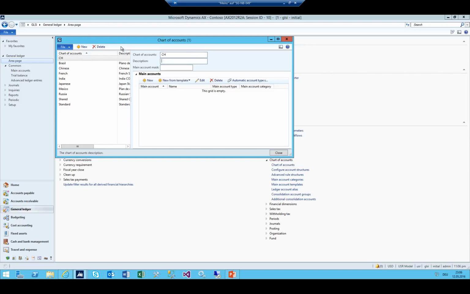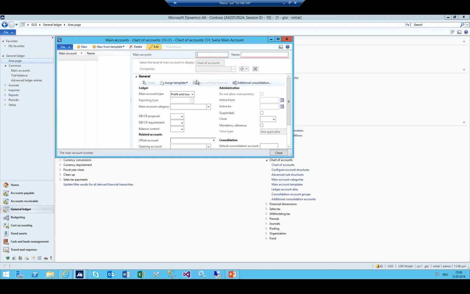Yeah, so the Swiss main account. Don't worry, I'm not going to create too many main accounts. I'm just going to create here a cash account, which is of course a balance sheet account. I'm going to create, let's say, one revenue account, and this one of type revenue, and then let's say